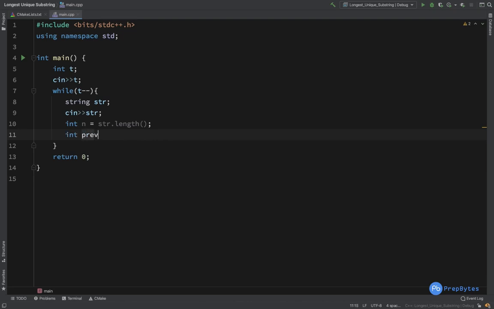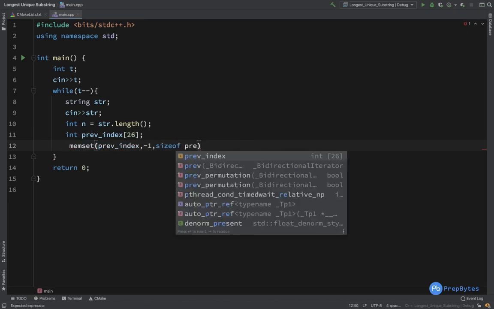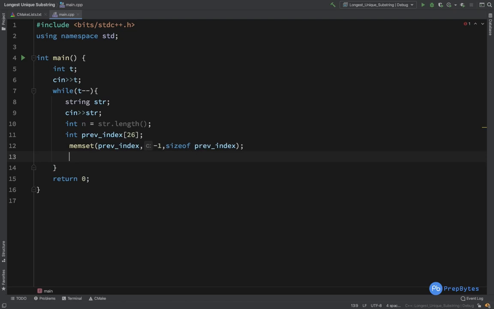We have a previous index array of size 26, and we initialize it with -1. We have our answer, which is int min and will store the maximum value, and int I equals 0.